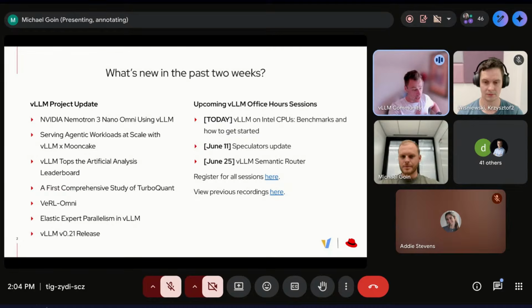So today, as I said, we're talking about vLLM on CPUs. Pumped about that session. In 2 weeks, we'll have a pretty wholesome speculators update. There's been a new release that's gone into the speculators library. We've also released new techniques, new models, speculative decoding models. So Deepika and team from Red Hat are going to join us in 2 weeks and share all of that with you. I know speculative decoding is a hot topic, so excited about that one as well.